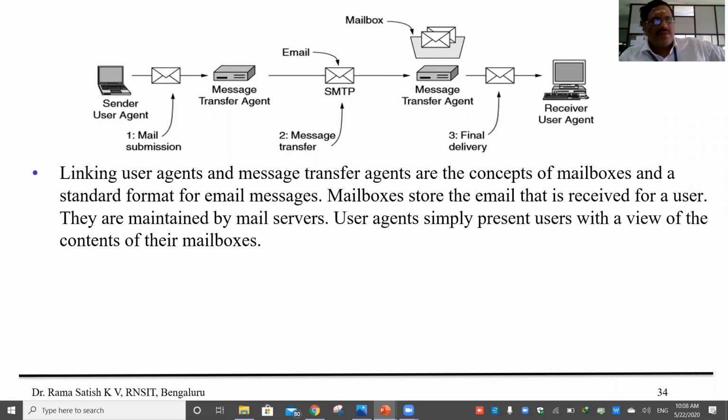Further, linking the user agent and message transfer agents is the concept of mailboxes. So a mailbox is nothing but a storage. It's a repository where your mails are stored until a user accesses them. And a standard format of email message is available, and mailboxes store emails that are received for users.